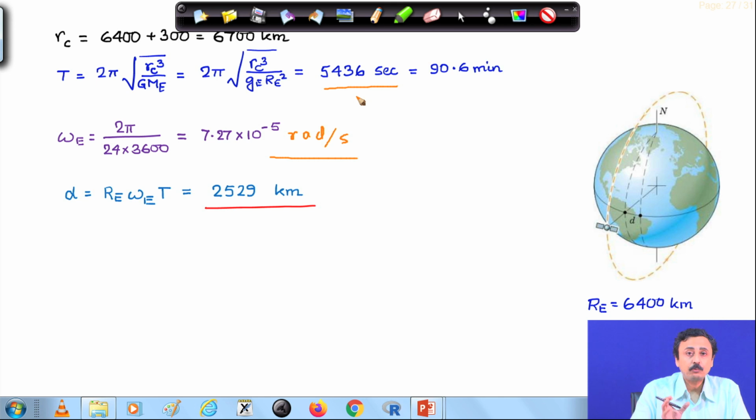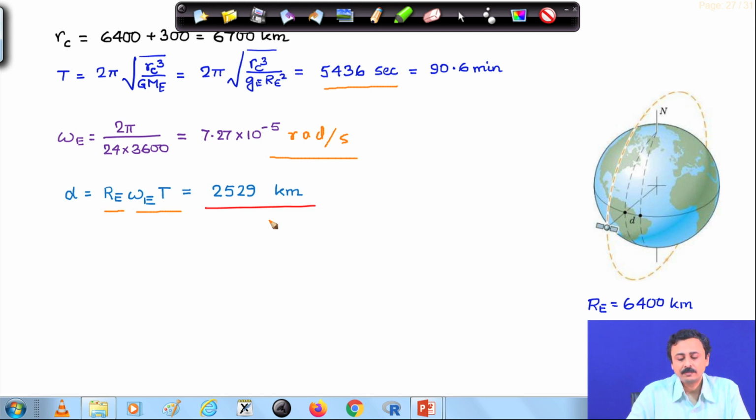Therefore, I can calculate the angular rotation of the earth in this time, and with that angular rotation I will just multiply the radius of the earth to get the distance on the surface of the earth. Therefore, the radius of the earth times this angular displacement of the earth in one period of the satellite turns out to be